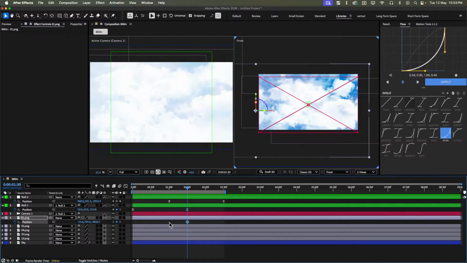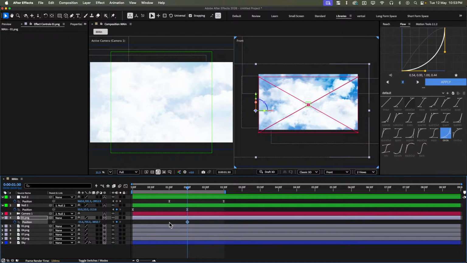So I'm gonna use this image that I downloaded from Pinterest. Then I will make it 3D and I will link this to this cloud, so it will adapt the position of that cloud. And then I will move this down and